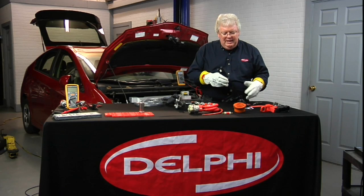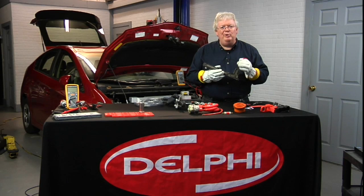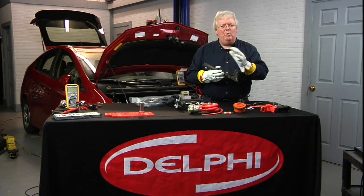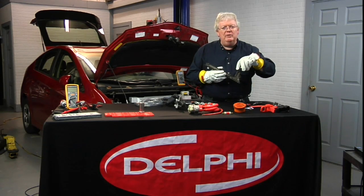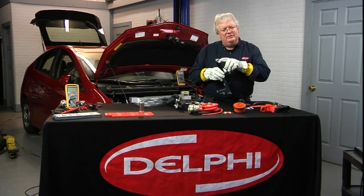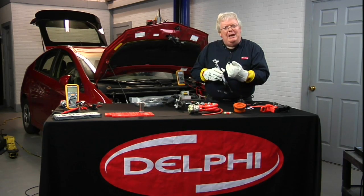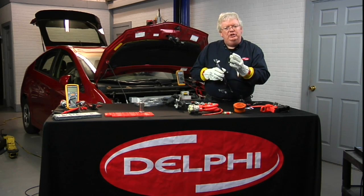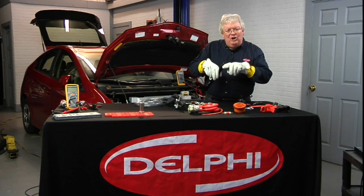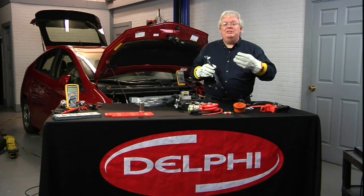In this case, we have this inverter cover. Now, this is a small inverter cover on Generation 3 style Priuses. But prior to Generation 3, we'll say a 2008 or 9 or 6 or 4, whatever Prius, was a much larger cover that covered the entire inverter converter assembly. And it also had something very similar to this, a shorting bar basically, that went into that lower voltage supplied sensor type circuit called the high voltage interlock circuit to tell the computer that indeed this little plug is inserted in place in the inverter itself,